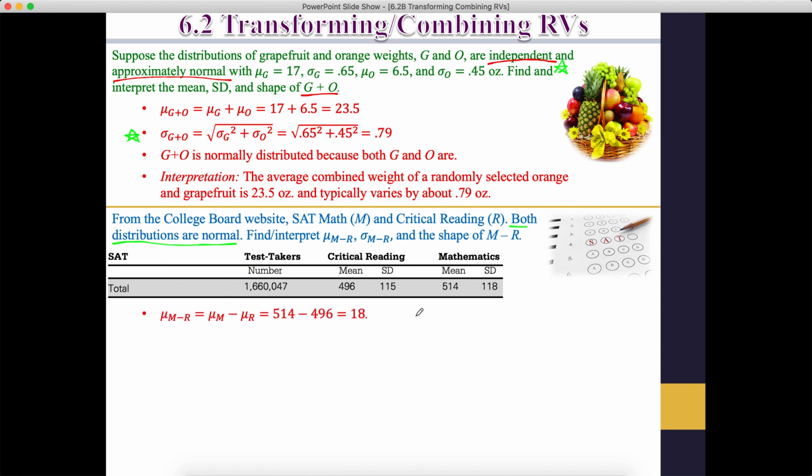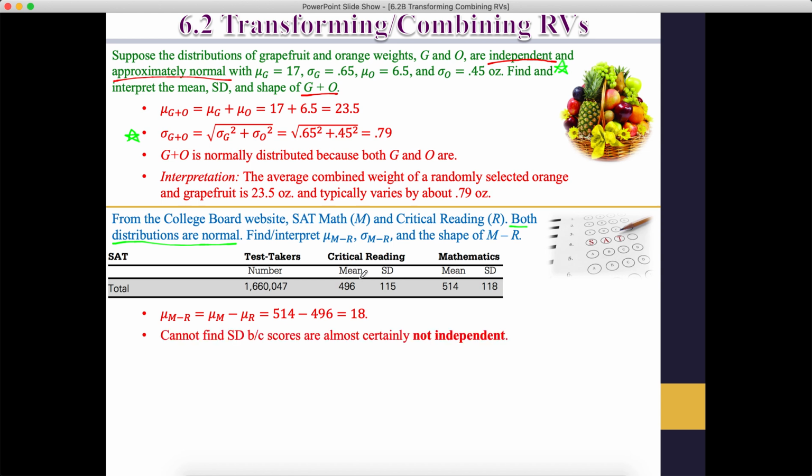So the mean of the difference would be 18. Again, in terms of interpretation, I think that's probably coming at the end, but whatever. This means that, on average, typically, students did 18 points better on the math section than the reading section. Another interpretation: if I choose a random math score and a random reading score, the math score will typically be better by 18 points. As far as the standard deviation goes,